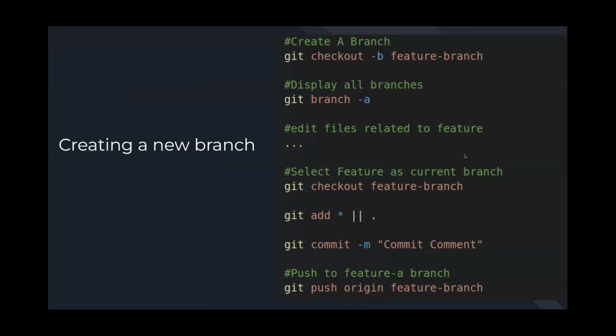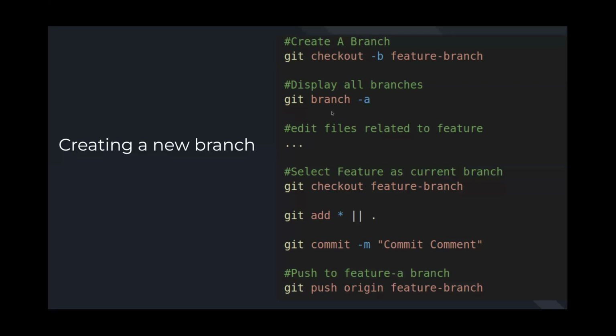But here's some of the more basic features to go over to create a new branch. So git checkout is going to be the keyword that not only creates new branches, but you can also switch between branches. The main way that it does it is by using that -b flag: git checkout -b feature-branch. What it's saying here is I want you to switch branches into this feature branch. And because there's a -b flag, it's saying if this branch does not exist, I want you to create it.